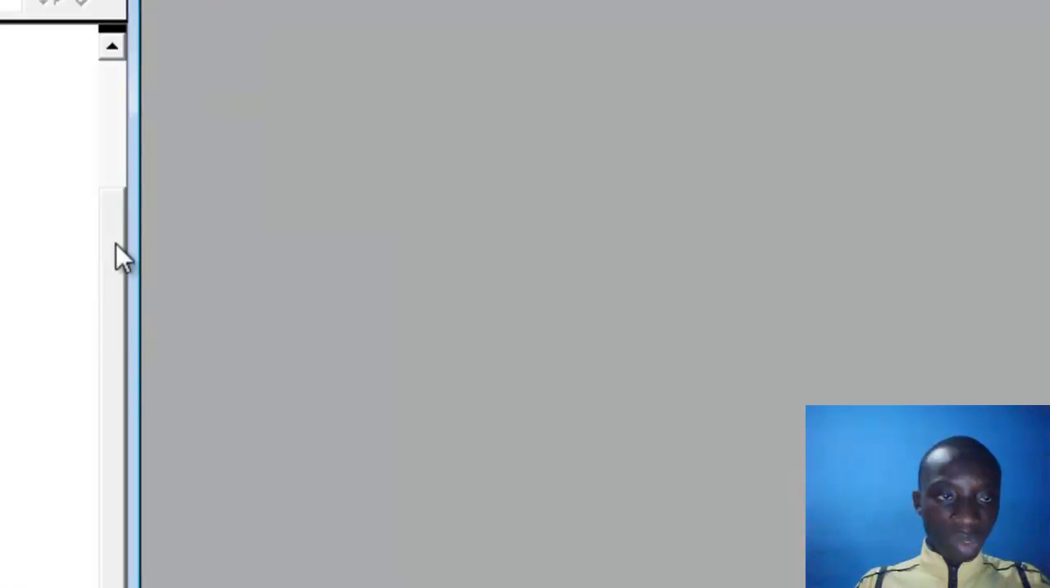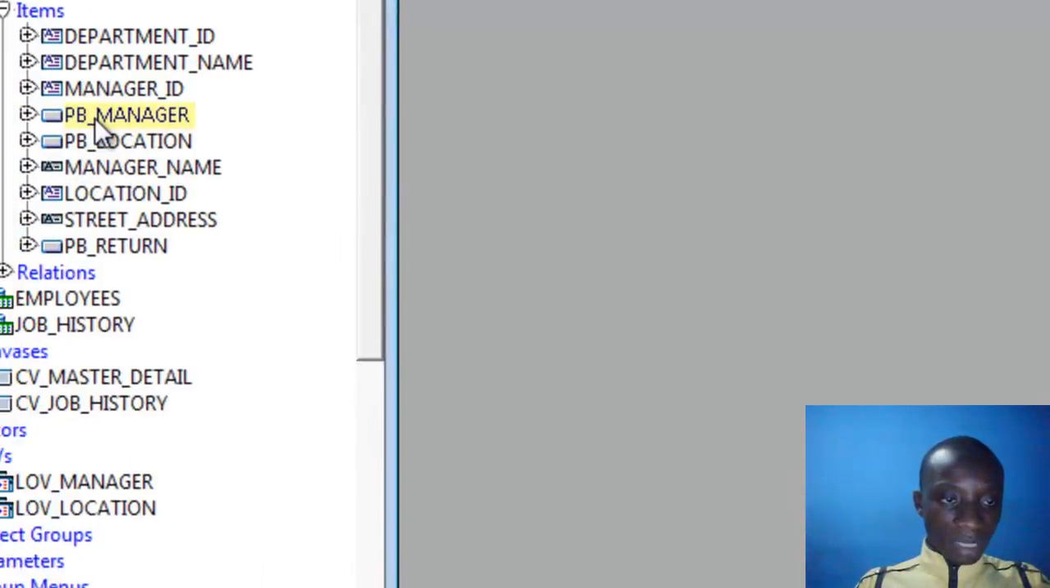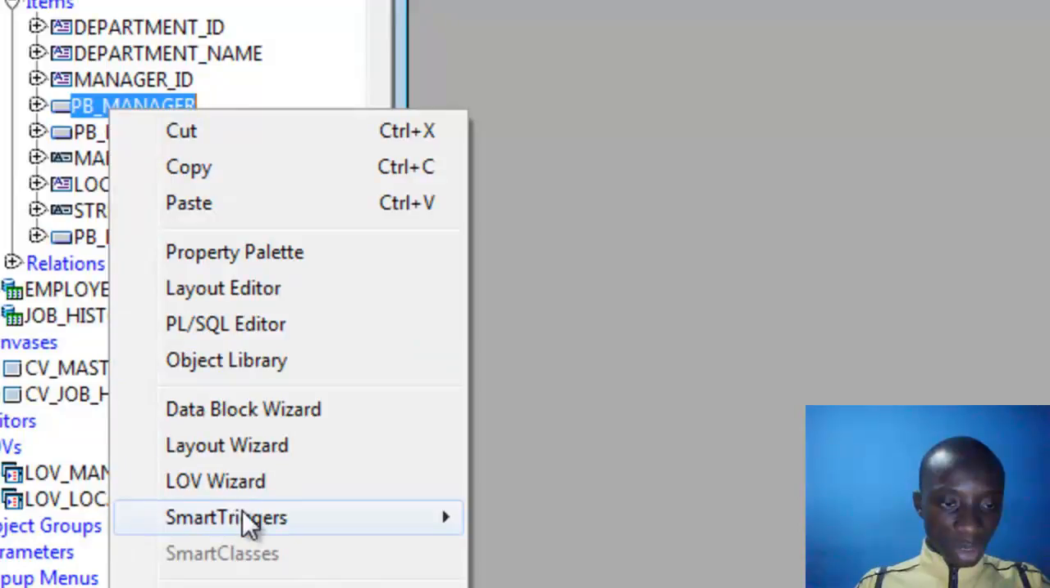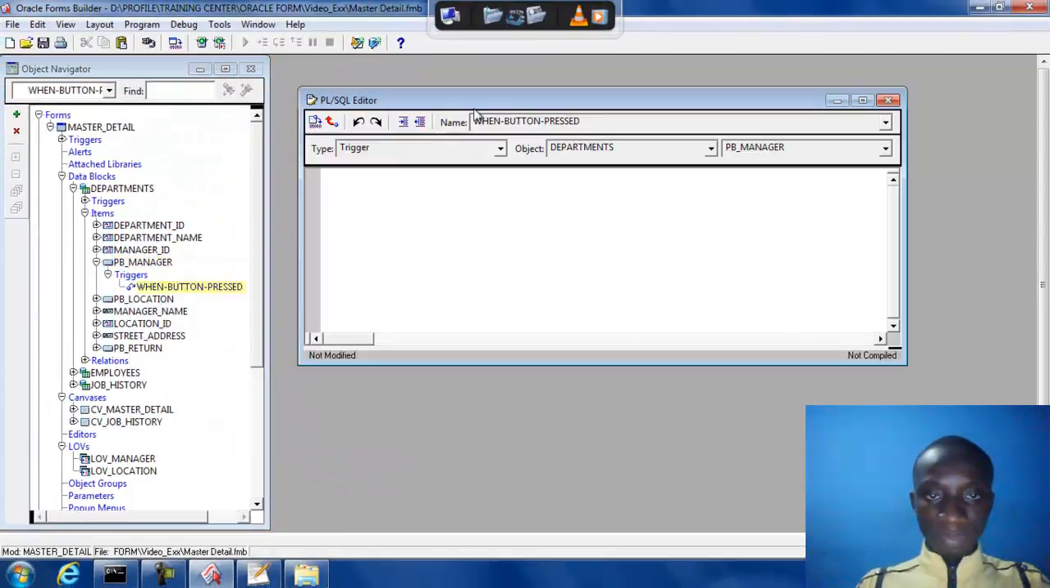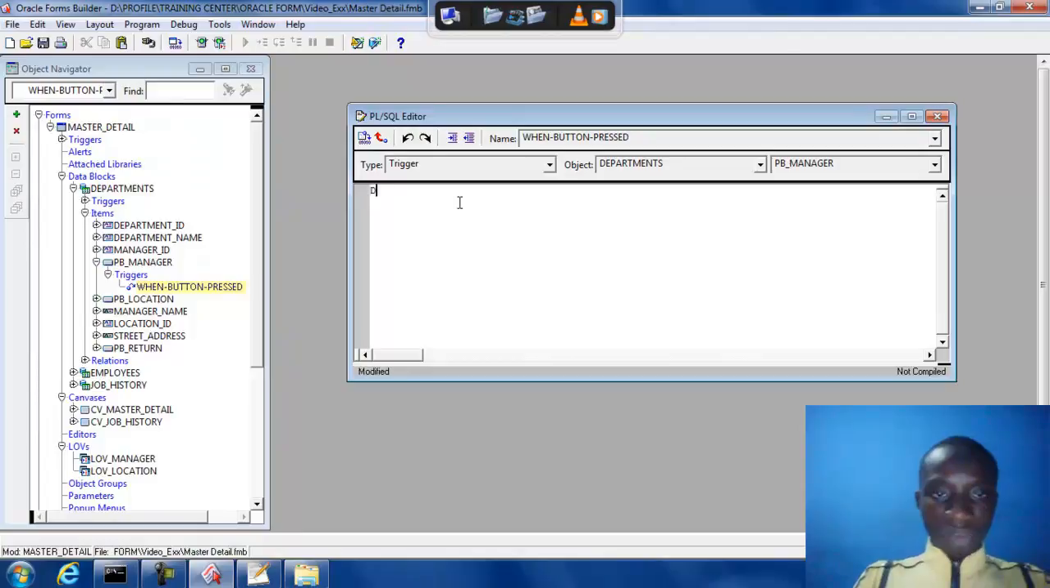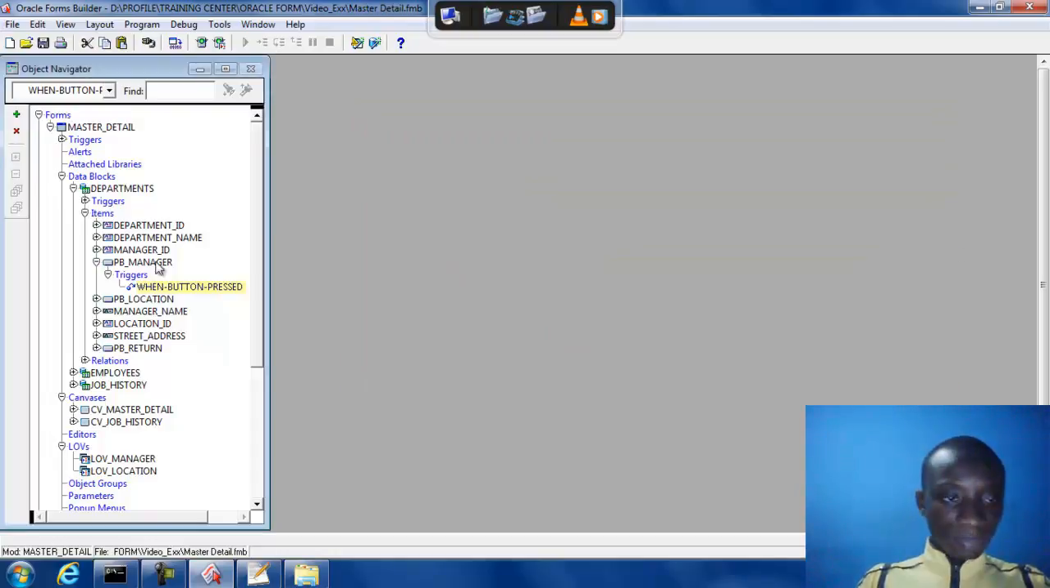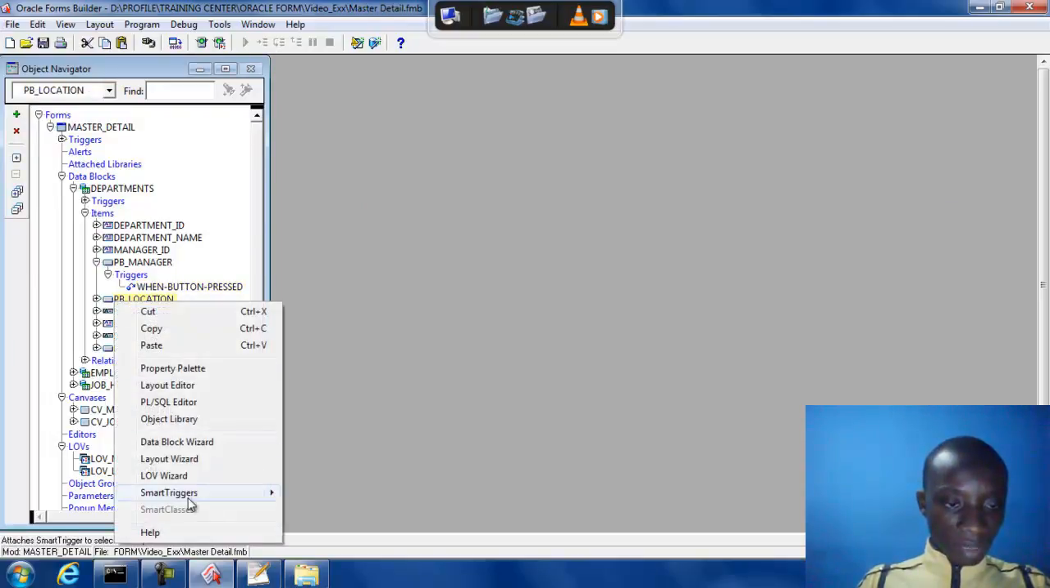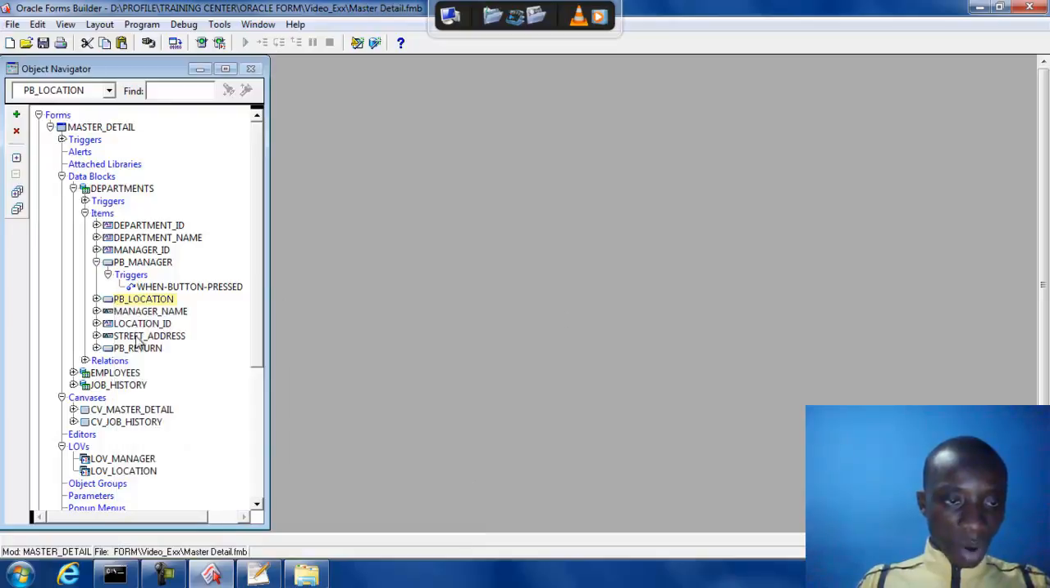So I can now close this, come to my push button PB manager, go to smart triggers, and when button press, and now I have to code this display LOV. I call the parameter LOV. A reference, it should call this LOV manager. I compile it, successfully compiled. I do the same thing for PB location. Right click, go to smart triggers, or you can right click and then go to